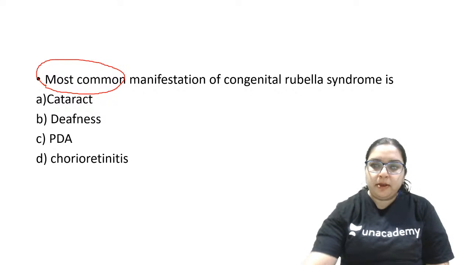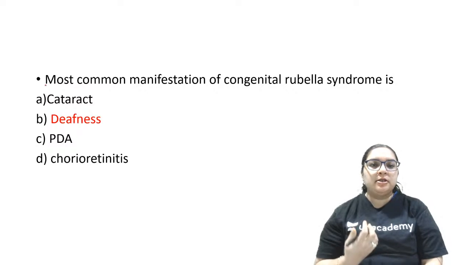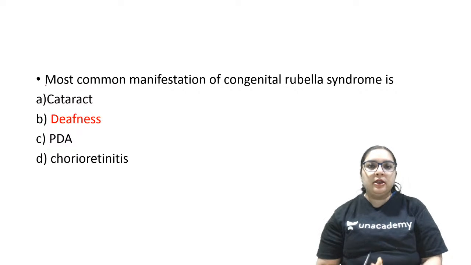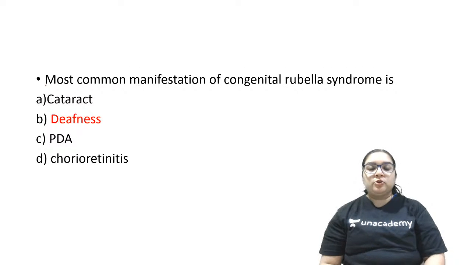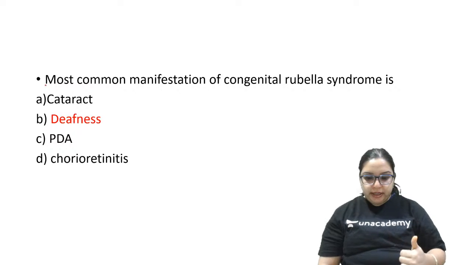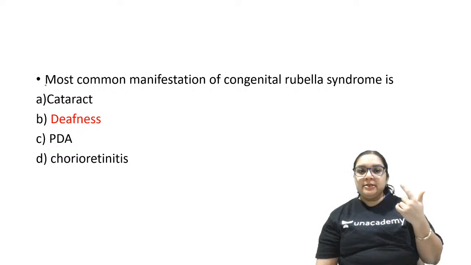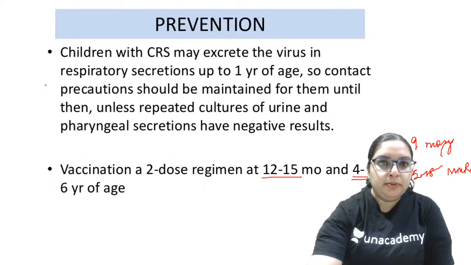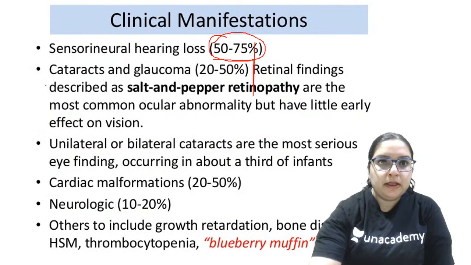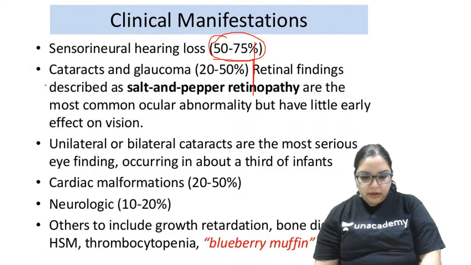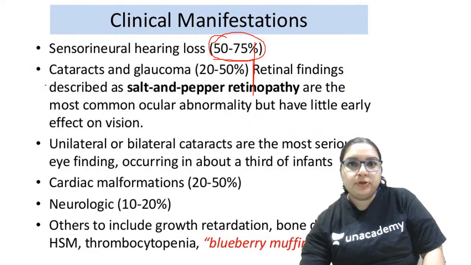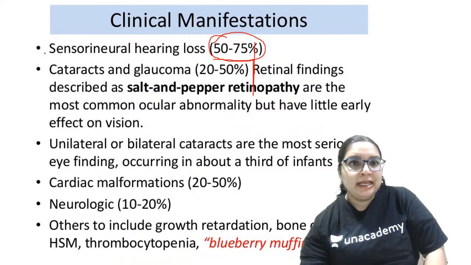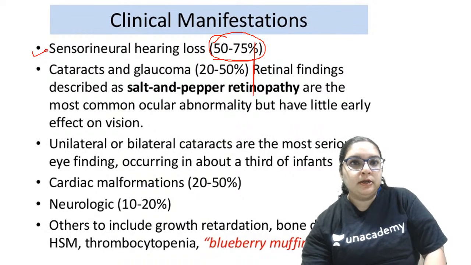Okay, so in this I'm getting a mixed picture. All of you have given separate answers, but the answer is sensorineural hearing loss. It is the most common, top of the list. I had already given you that top of the list is the hearing defect. I'll show you the slide again so that you get a permanent impact of that. Right now you will never forget it. So the most common, that is top of the list, is sensorineural hearing loss.